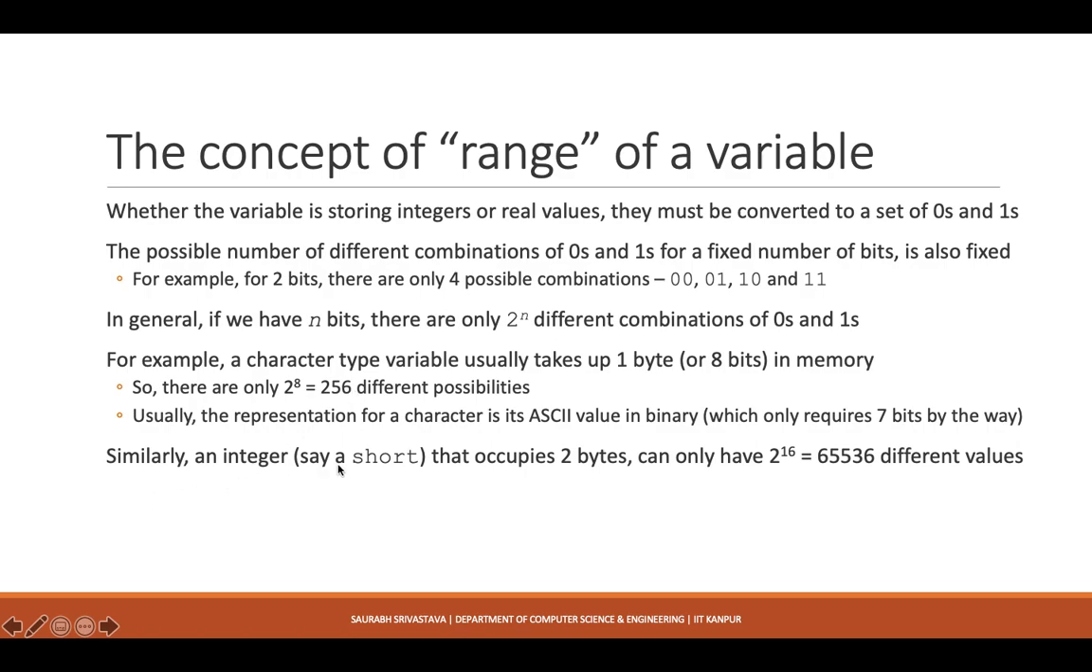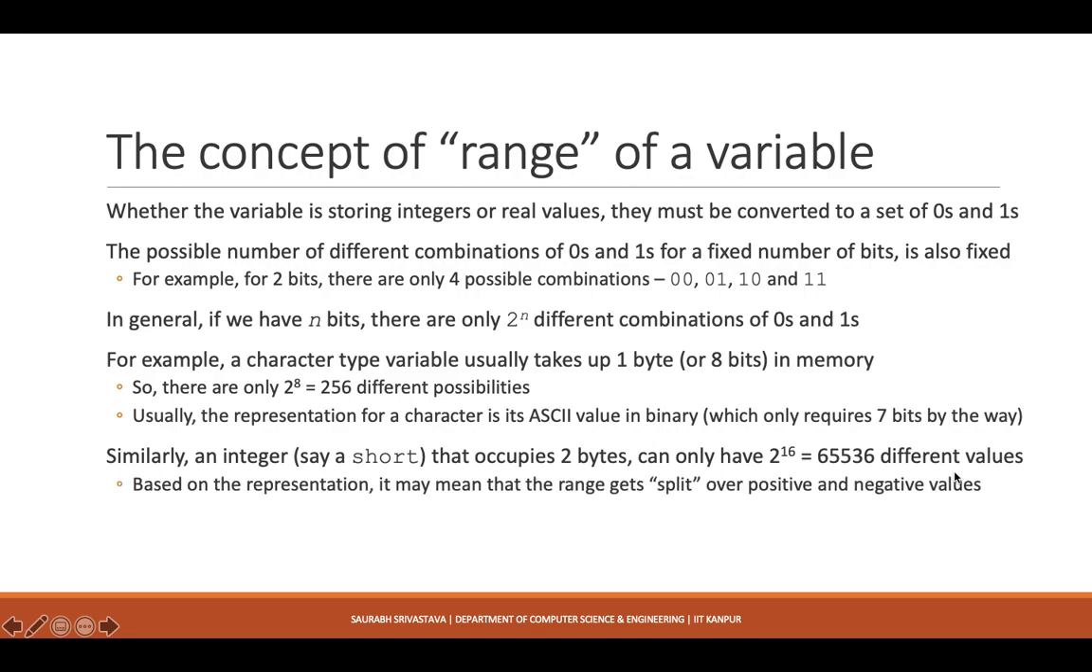And similarly, if I use a short, which is another data type that we have not explicitly talked about, it usually occupies 2 bytes on machines. It's kind of a short integer, to be honest. So for a short, you have a total of 2 to the power 16, that is 65,536 different values. Now, based on the kind of representation that you're using, usually it is the 2's complement representation,